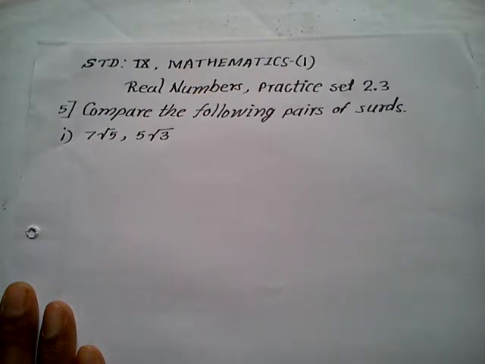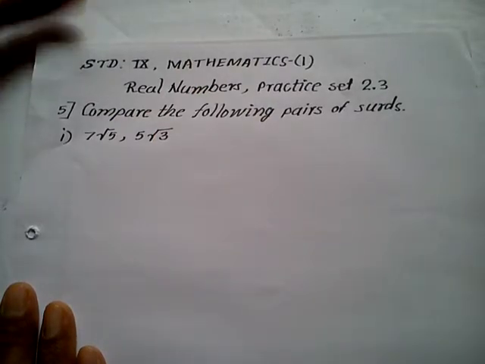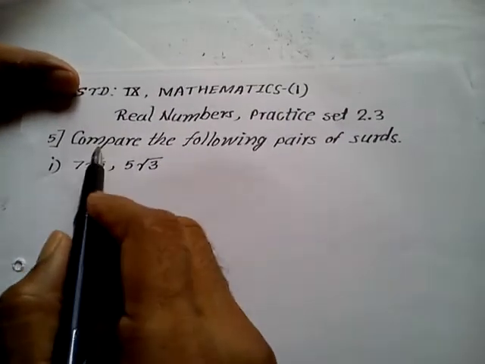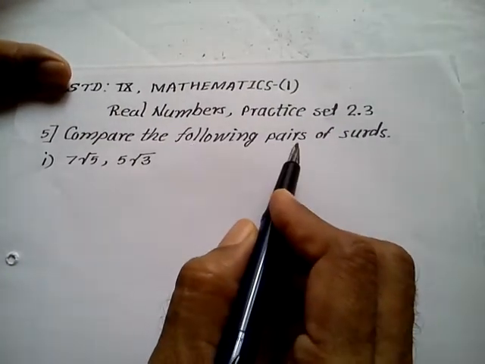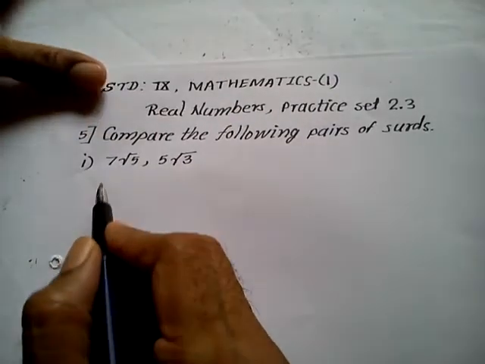Before this we have solved example 1, 2, 3, 4. Now we are going to solve example 5 from practice set 2.3. Compare the following pair of surds. First example, compare means